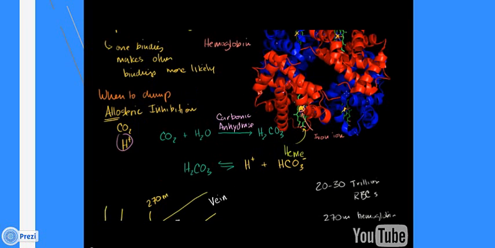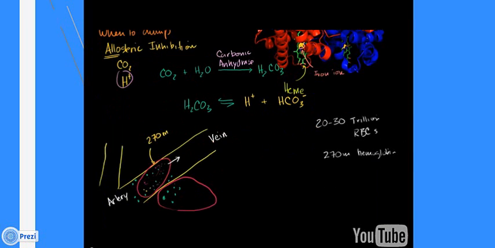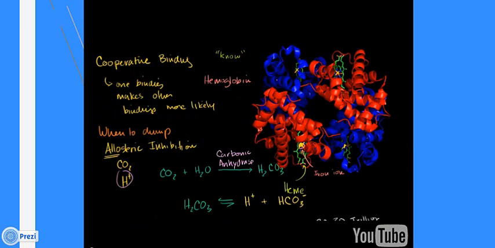So those protons start bonding to different parts, and even the carbon dioxide that hasn't been reacted with can also allosterically inhibit the hemoglobin, so it also bonds to other parts. And that changes the shape of the hemoglobin protein just enough that it can't hold on to its oxygens that well, and it starts letting go. And just as we said we had cooperative binding, the more oxygens you have on, the better it is at